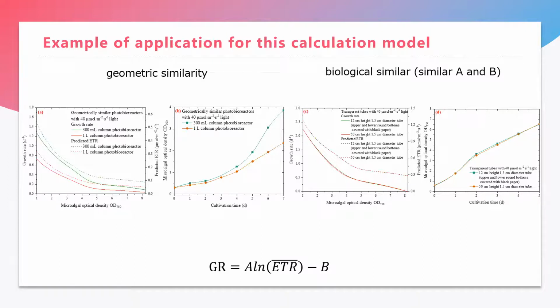Compared with it, we proposed the concept of biological similarity. It can be explained as: in two reaction systems with the same cell density, if the average modified ETR, slope and intercept are approximately equal, they can be called biologically similar. At this time, we show an example on the right. The experimental phenomena for microalgal cultivation in those two reactors were similar, as duplicates,